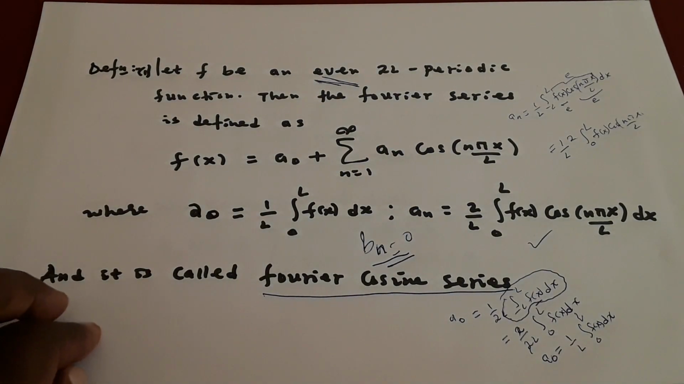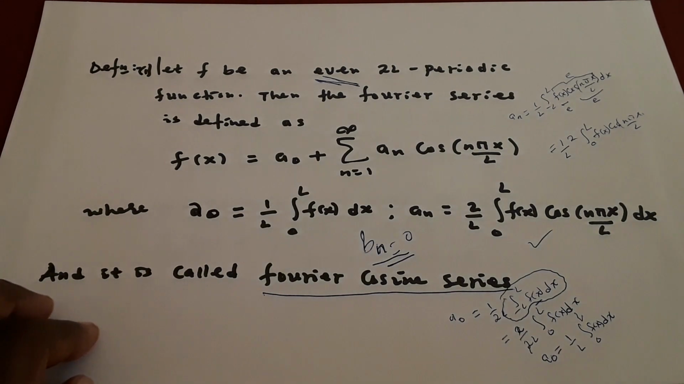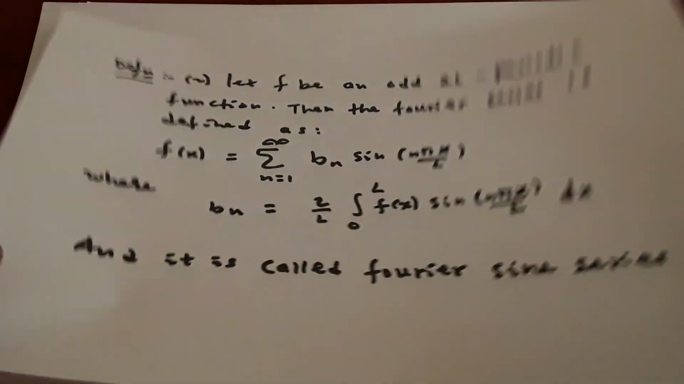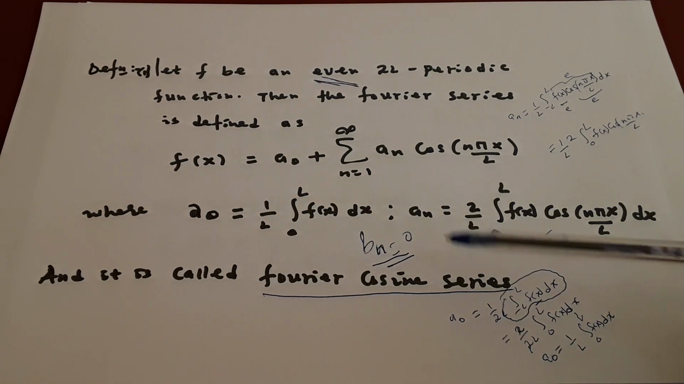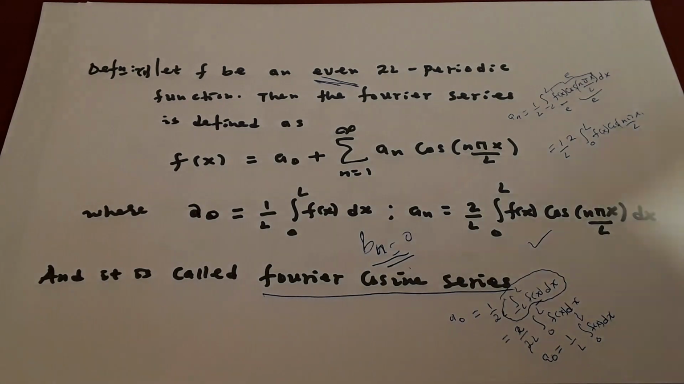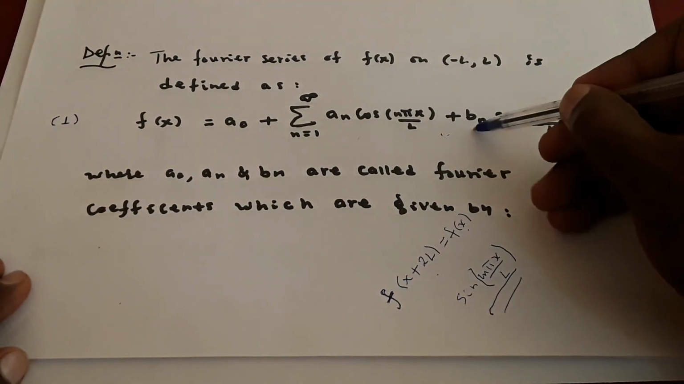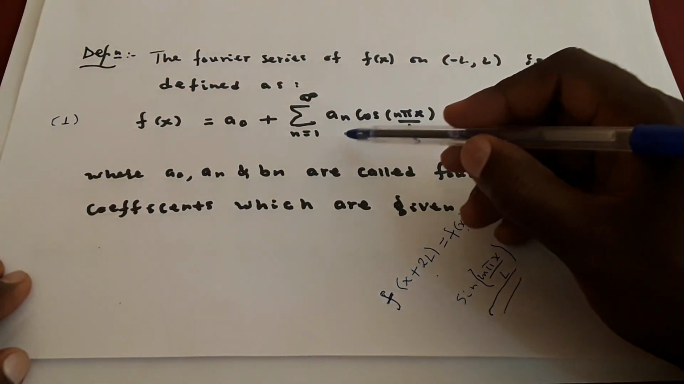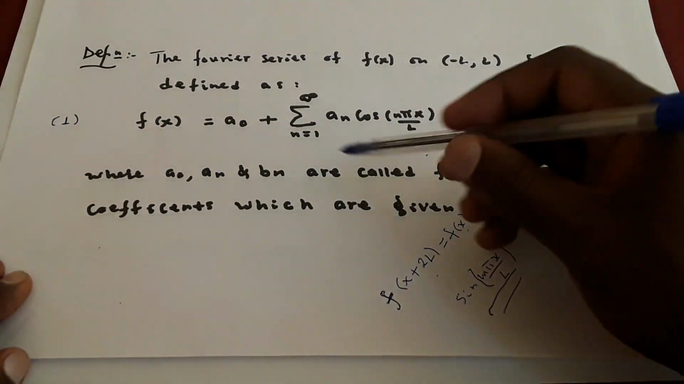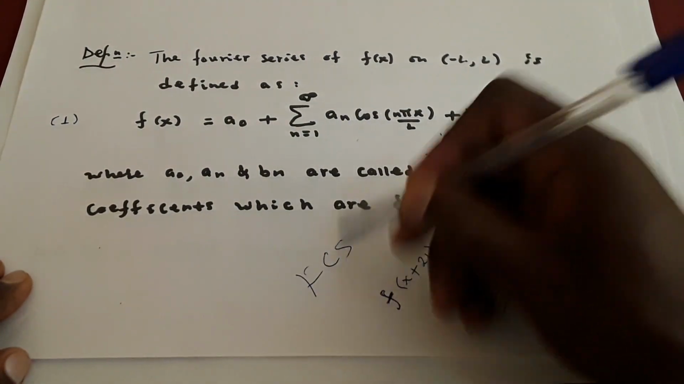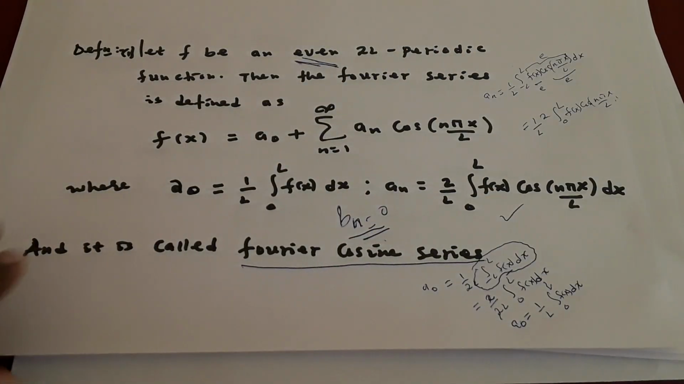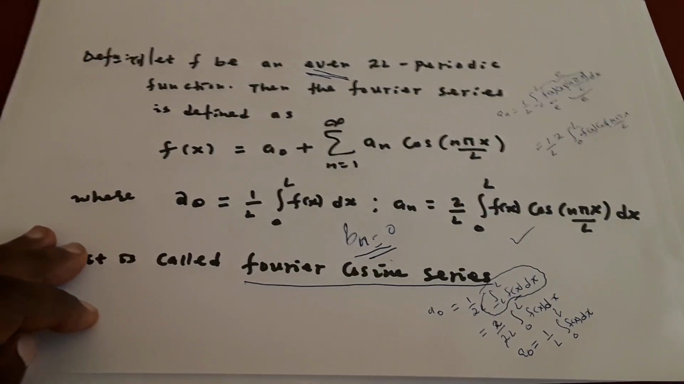Similarly, you can also have Fourier sine series terms. If the function has no Bn, we have no sine term. In the previous case, if Bn is 0, we have cosine terms only. That's why we name it the Fourier cosine series. Again, if the function is an odd function,